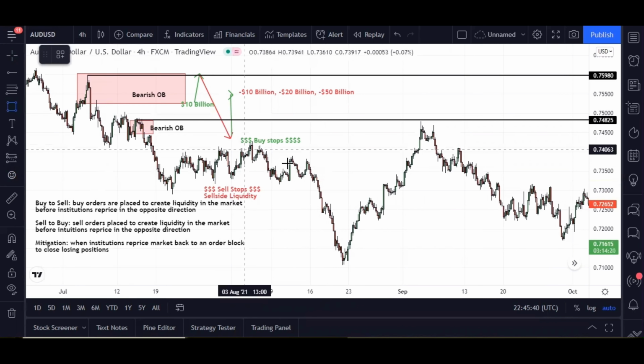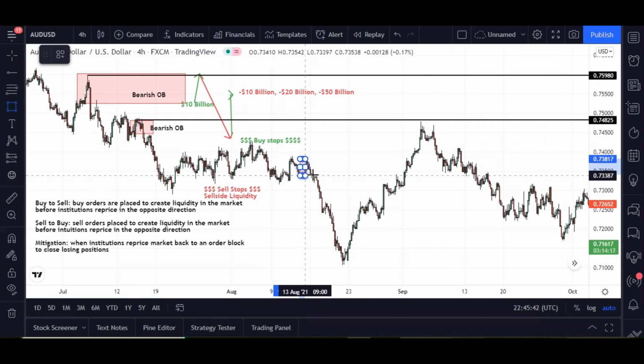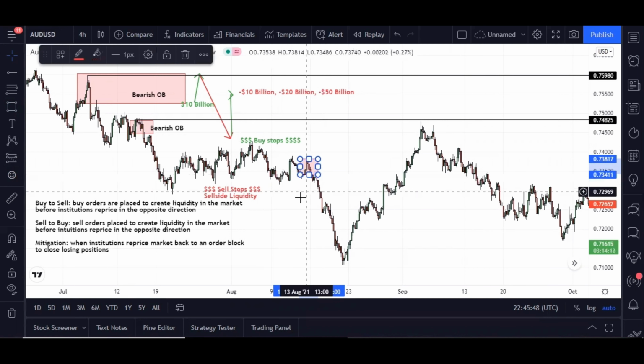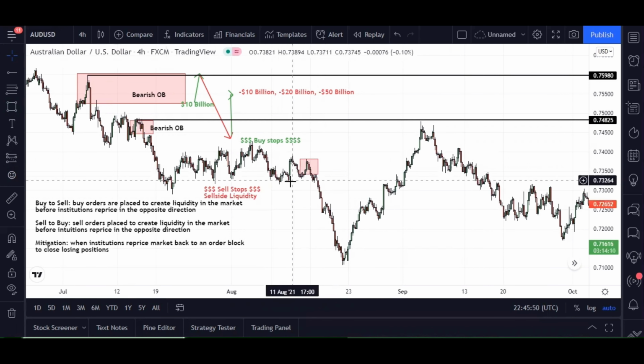And what move did we get to actually activate these sell stops here? Well, we have the old bearish order block here, and the old bearish order block here. The order block is here, and it's not here. Why is the order block not here? Because I told you, if price immediately comes back to mitigate this, it's not a strong order block. It's not a true order block. We want true strong order blocks on higher time frames like we are here on the 4-hour,